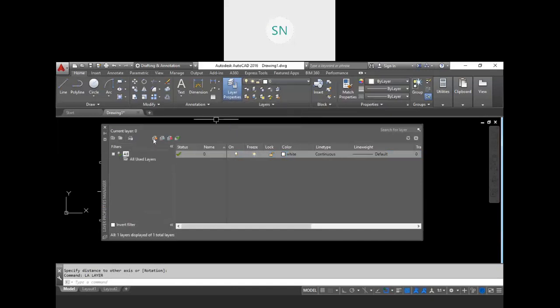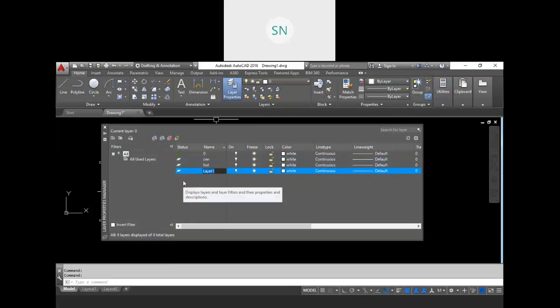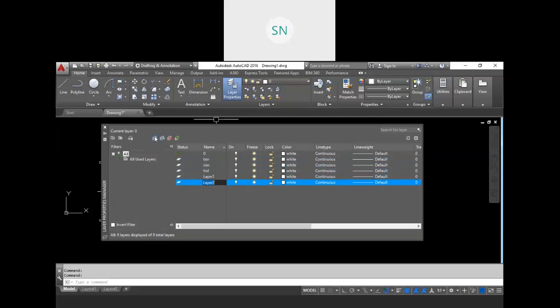Now to create a new layer, choose over here, or you can press Alt N. So click here, and it's layer one. You can name it. For example, I'm naming it center line layer. Then one more, hidden line layer, border layer, and so many layers. So we create layers over here.